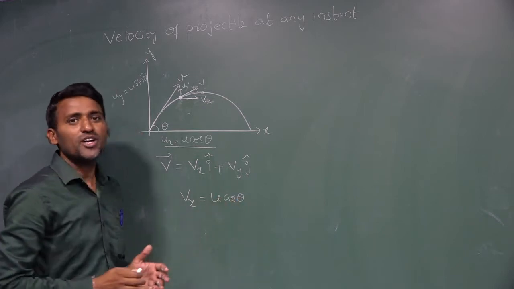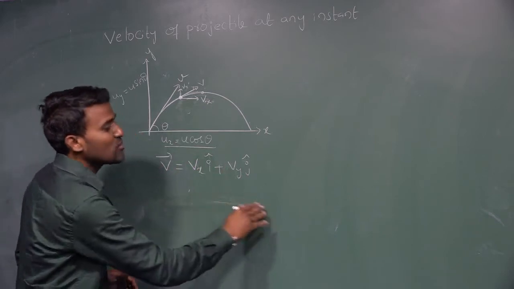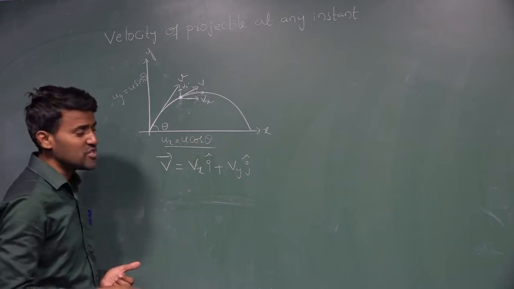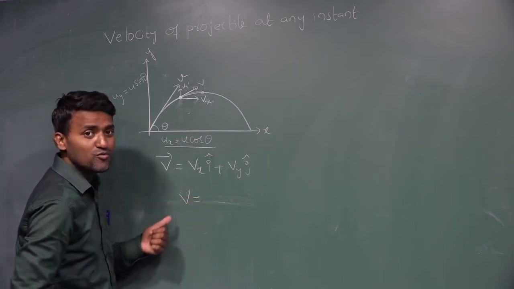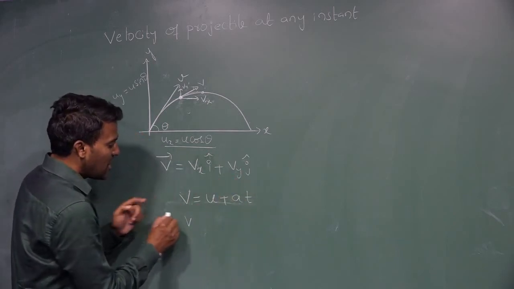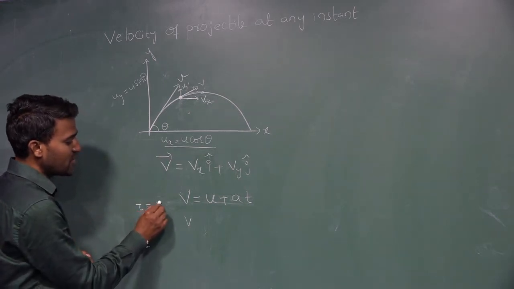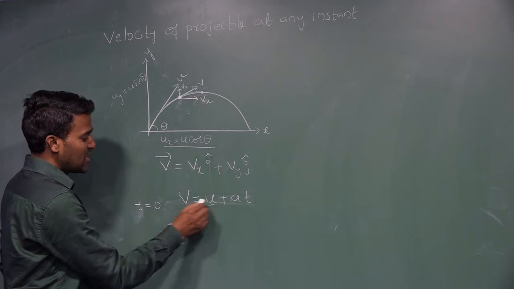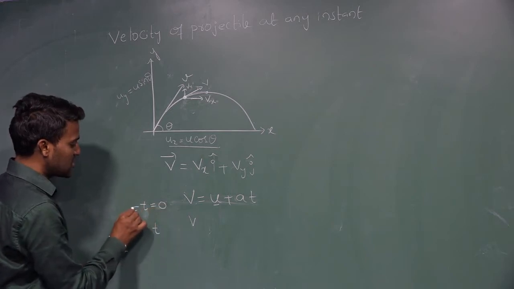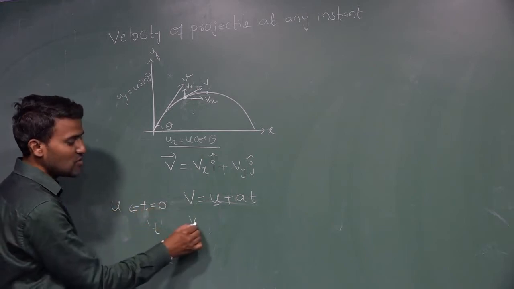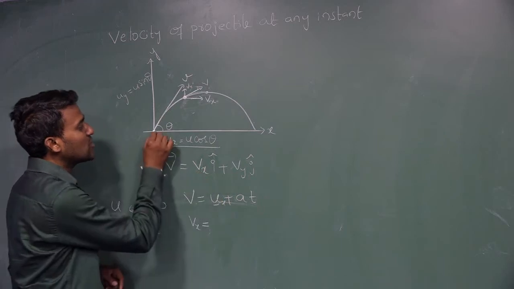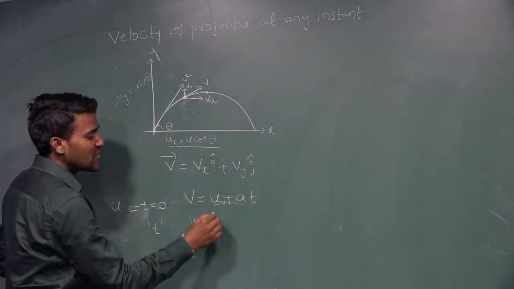Okay. If you cannot remember this equation directly, you are unable to recall this one, at that time how we can do this equation: you have to write the first equation of motion, V equal to u plus at. Final velocity after t time interval, at t equal to 0, the initial velocity at the point of projection is ux, that I am writing as u. After t time interval, the velocity is v. So the final velocity is v, that is Vx I am writing, ux is equal to, at the point of projection, what is the velocity it is having? U cos theta,